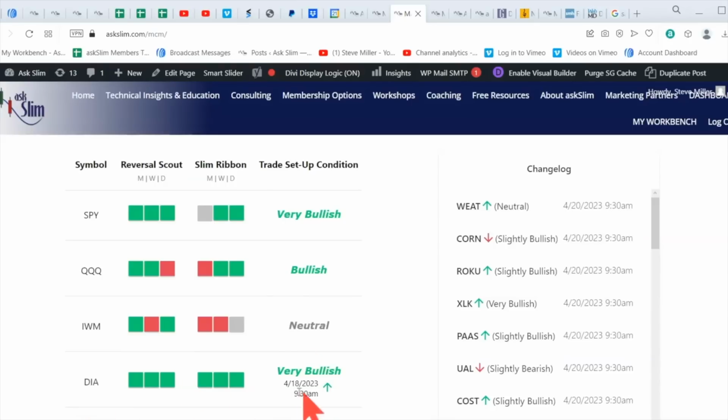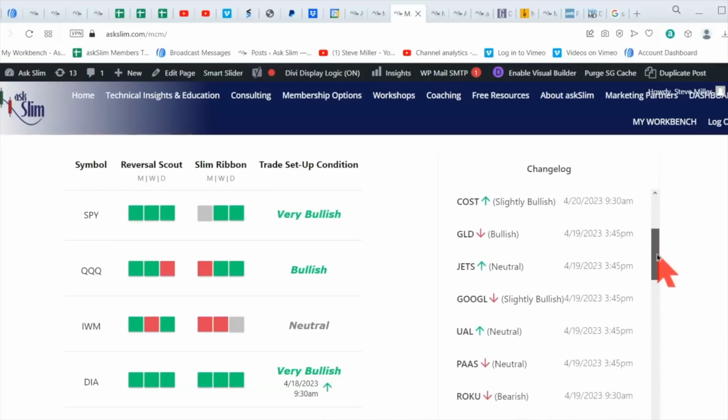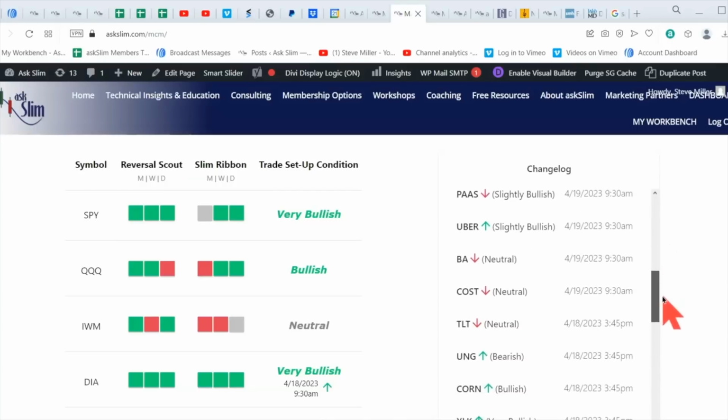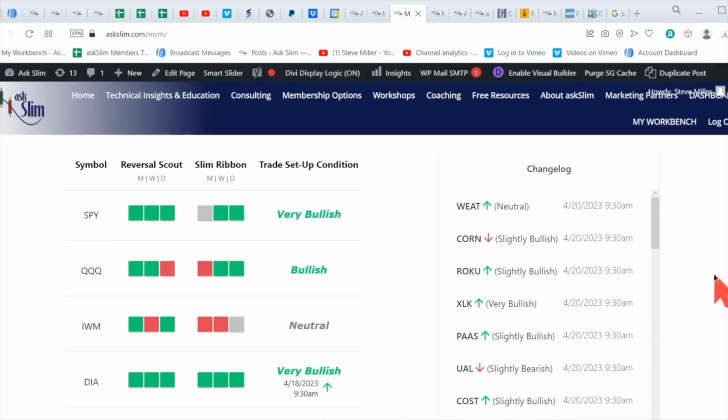And you see the Dow there also is very bullish, and that actually turned very bullish on 4/18 at 9:30 a.m. You can see in here, this is the change log, and this shows you just tons of things that are in this that you'll be able to see. I'm just only right now showing you the indexes, so you can get an understanding of these conditions